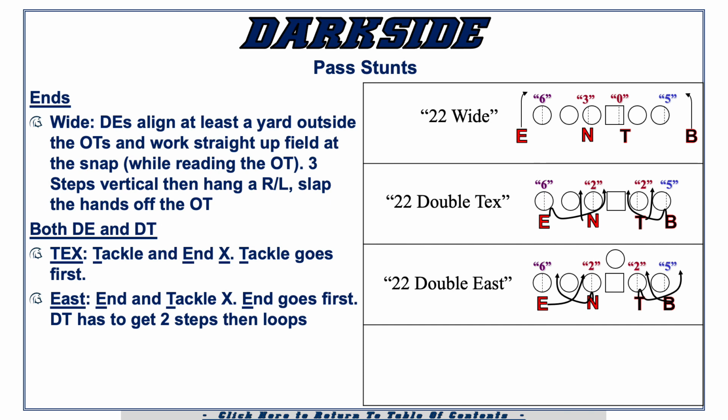This is also really good if we want to blitz into your A-gap to then create some problems here. Again, if we sent 2 A-gap guys, they're 5-on-6, but they won't necessarily know how to pick this up, and it's very difficult for them to pick up. Or if we know that they're going to slide, we'll sometimes run a twist away from or towards the back side of the slide and blitz this A gap, because that's really tough for them to pick up all three guys if they're sliding away from it.